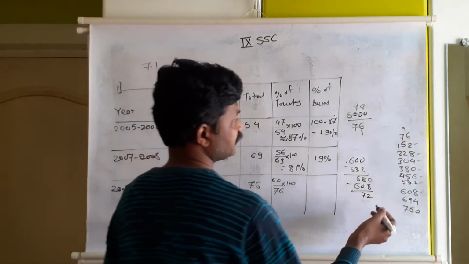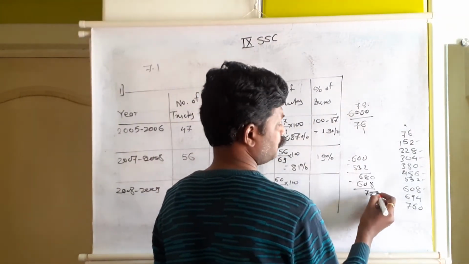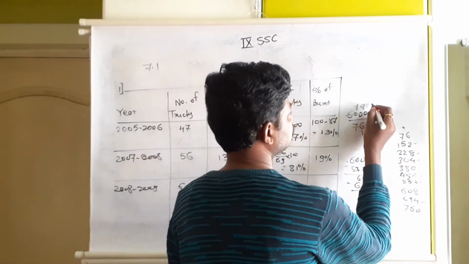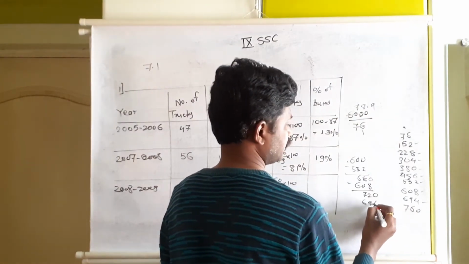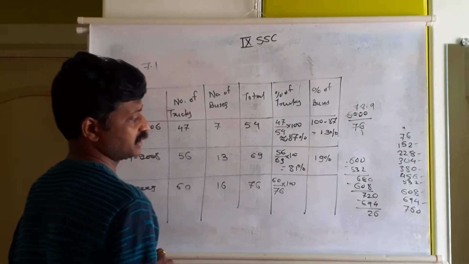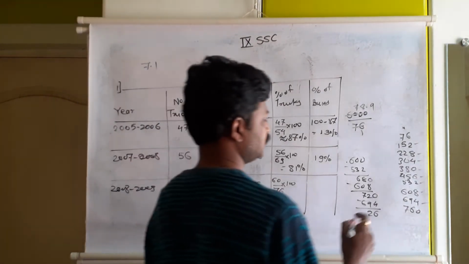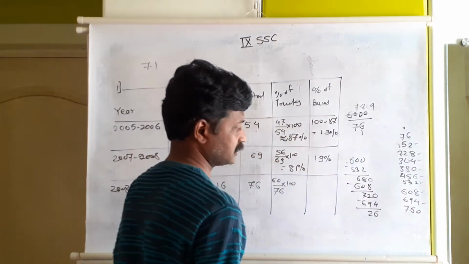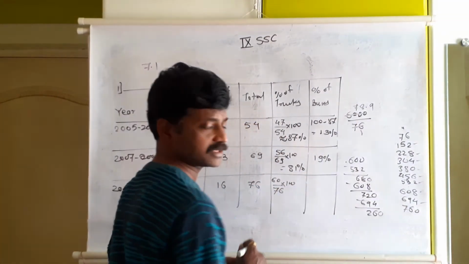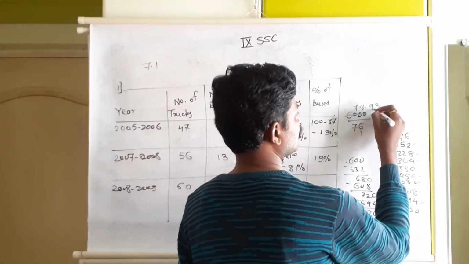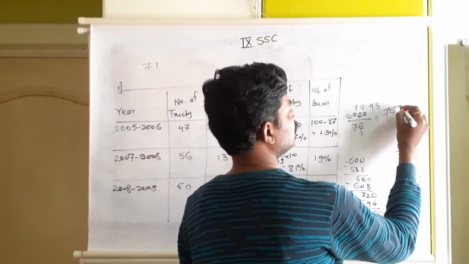Okay, 72 is smaller than 76, so the decimal point will make it 720. 720 means 9 za. 9 za 684. Remaining is 36. Yes, correct. 10 minus 4 is 6. Yes, correct, 36. Because of the decimal point, we can carry 0 up to 360. 360 means again it will come 4 za. Okay, so here the answer is 78.94.